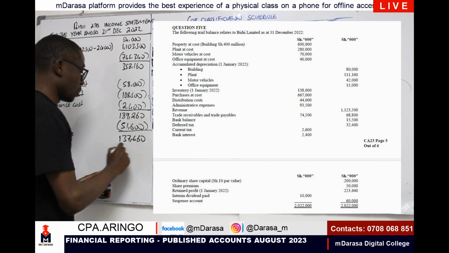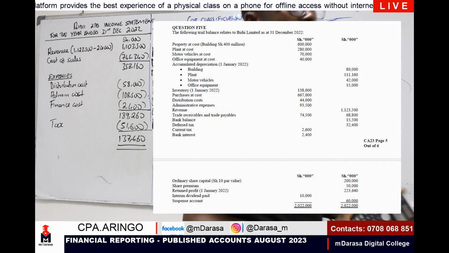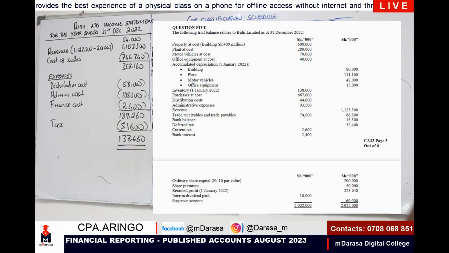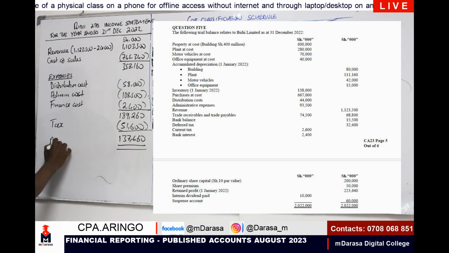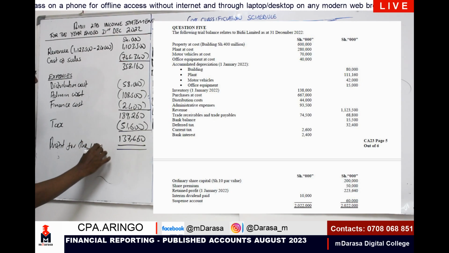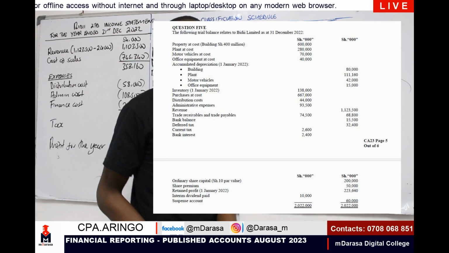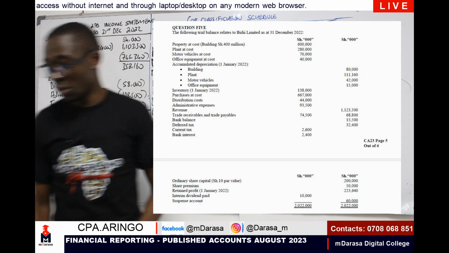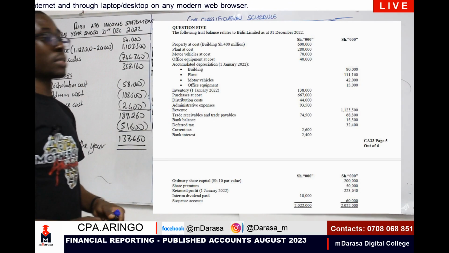I hope it is the same value that you're getting. Up to that point, make sure that you're on the same page. So this will be the profit for the year. With that, we are done with our income statement. As simple as that. We proceed in preparing our statement of changes